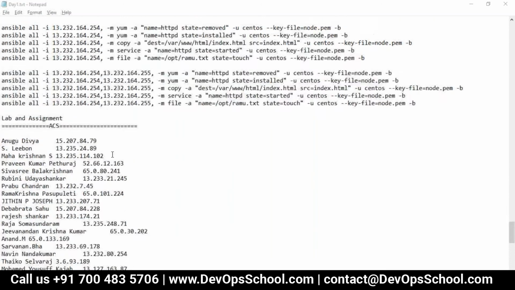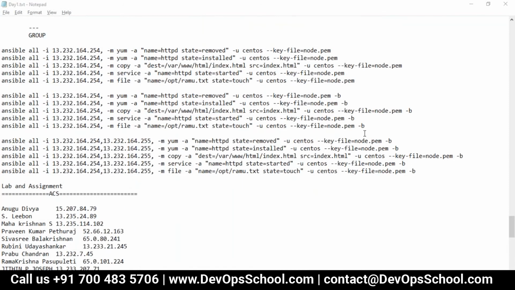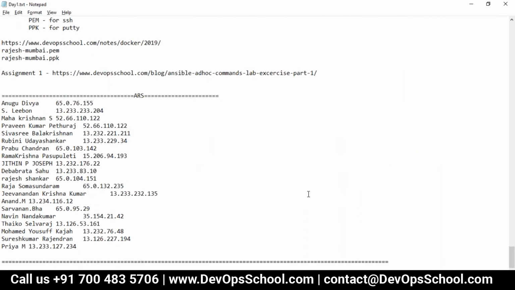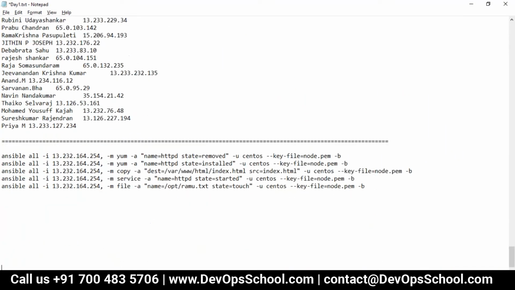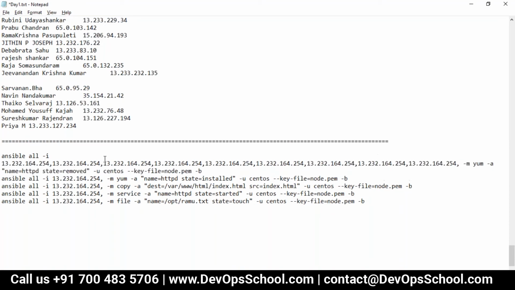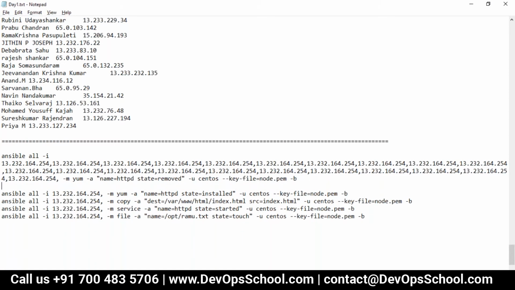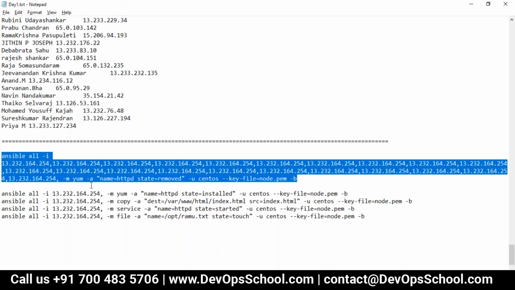Guys, look at my screen here, and the next problem. First, let's visualize the problem, then you'll understand the solution well. Guys, the next problem is, what if you have only one task and too many machines? Would you prefer to do it like this? What do you think? Is this a good idea? No, no, of course not. We do not have to. It's not a good idea.